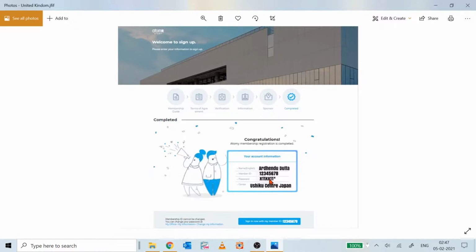You cannot shop from Atomy USA and deliver it to the United Kingdom. So when Atomy is launched in the United Kingdom, you can shop from the United Kingdom and deliver it to the United Kingdom. Till then, you have to wait. Okay, so right now, till it opens in the United Kingdom, your ID remains as a user ID.